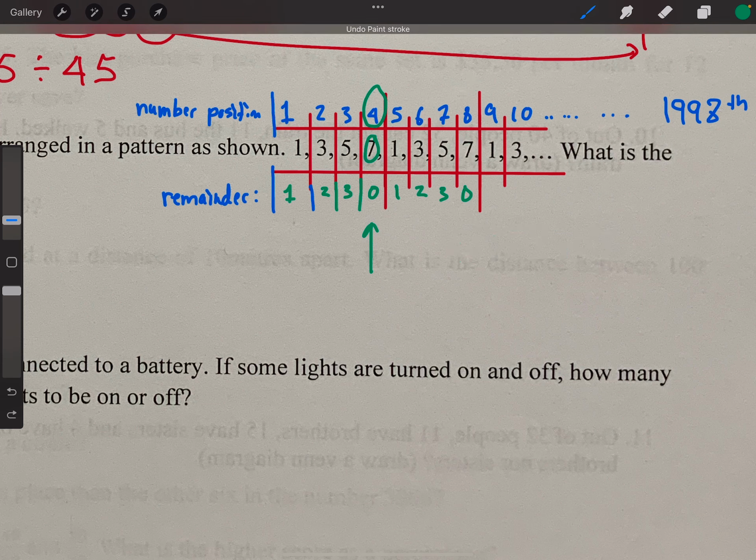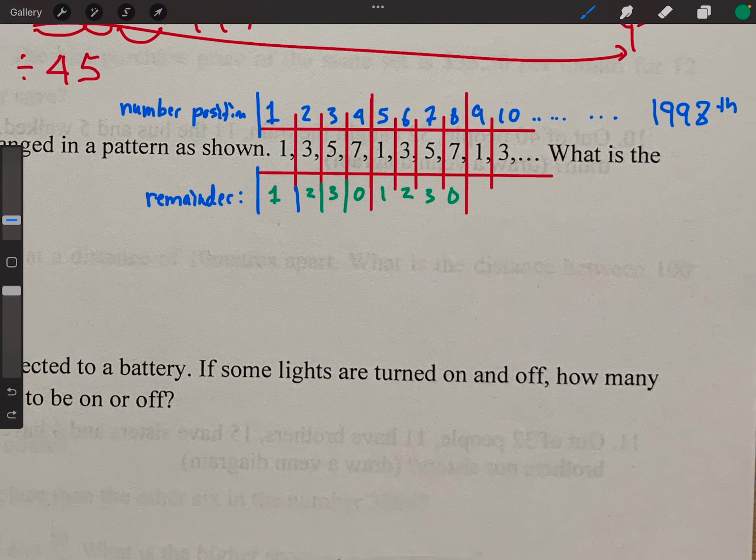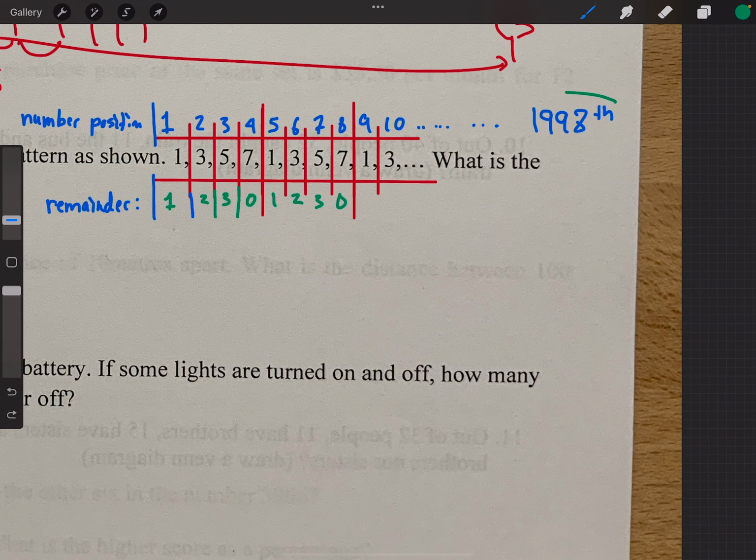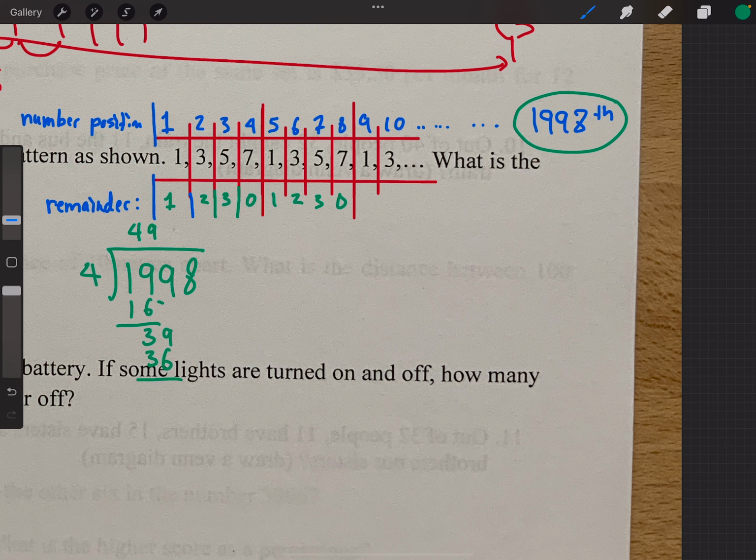So now we have a pattern, right? So what we're going to do is we're going to take this number here, 1998, and divide it by 4. Okay. 19 divided by 4 would be 4. 4 times 4 is 16. Take away, remainder 3. 39 divided by 4, it's going to be 9. 4 times 9 is 36. This will be remainder 3, 8. 38 divided by 4, you're going to get 9. 4 times 9 is 36. Remainder 2. So when you do 1998 divided by 4, you're going to get